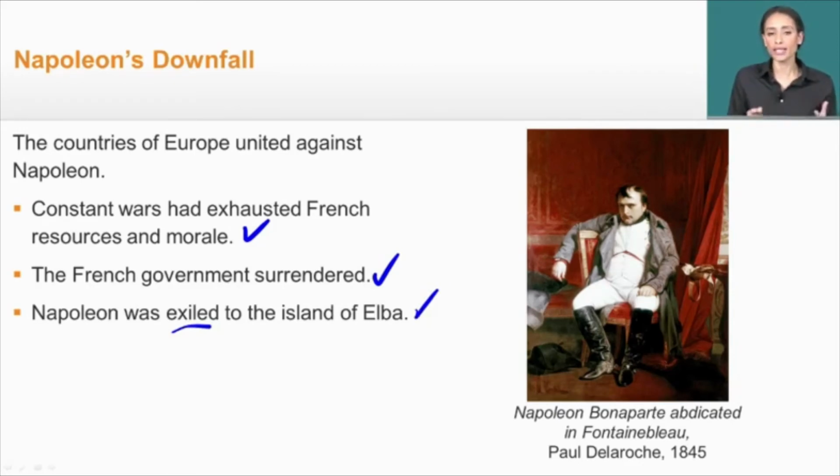Now, the big idea here is to understand that Napoleon really believed that he was spreading Enlightenment ideals. He did not understand why the people of Europe would want to go backwards, back to an absolute system of rule. Despite the fact that he ends up ruling as a dictator and very similarly to an absolute ruler, there are many ways that he did support Enlightenment ideals: freedom of religion, the freedom of people to be as successful as they can be, out of hard work, not based on their social class or their station. And ultimately, Napoleon isn't going to let himself kind of go down without a fight. Despite the fact that he's exiled, he has a plan to escape, and we'll take a look at that next.